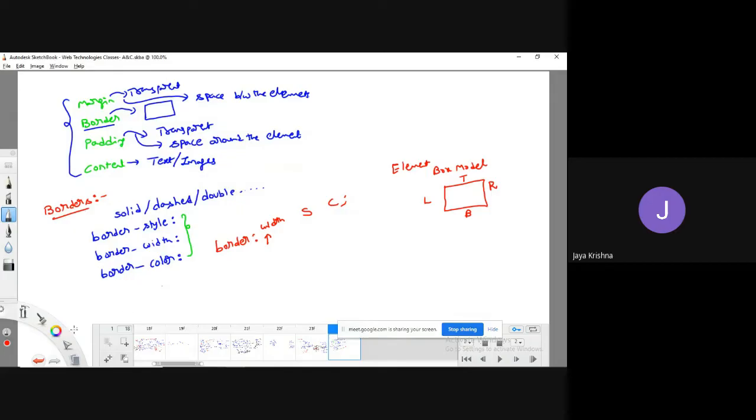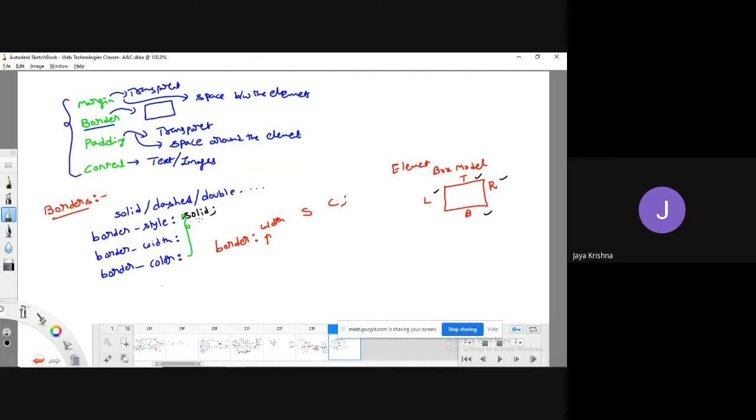Whenever you use the border-style property and pass a single value like solid, this solid value will by default be applied to all four sides.